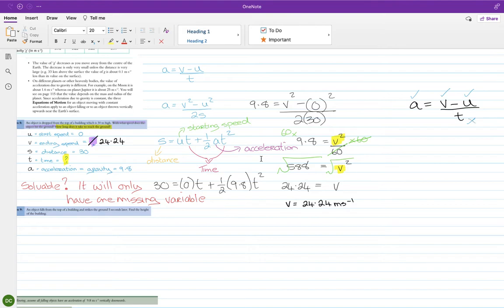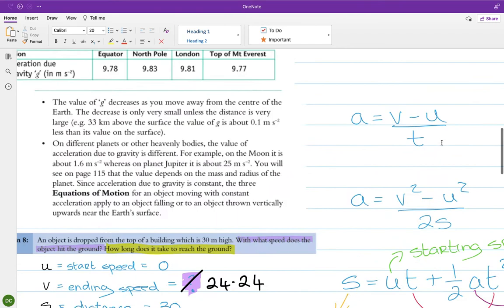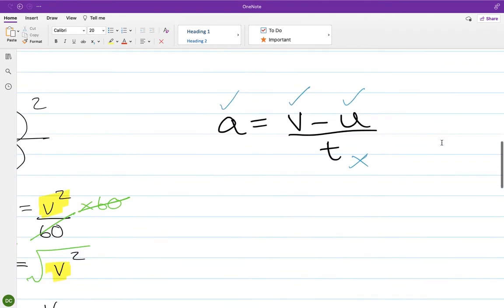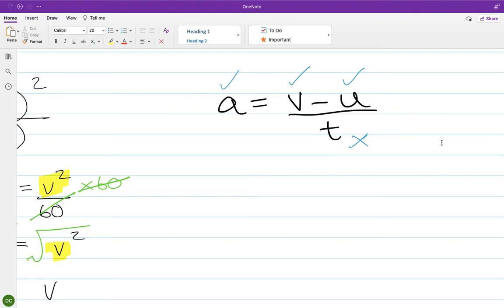I have it written there: is it solvable? Question mark. It will only have one missing variable. So if it is a solvable equation, then there will only be one variable that you don't know. And if you look at my little situation here on the right, the only one of these that I don't know is t, so that means it is solvable. Okay, so we'll put our numbers in. So it's 9.8. v is the 24.24 that I just calculated. u is 0, over t. Do any maths you can do. So 9.8 equals